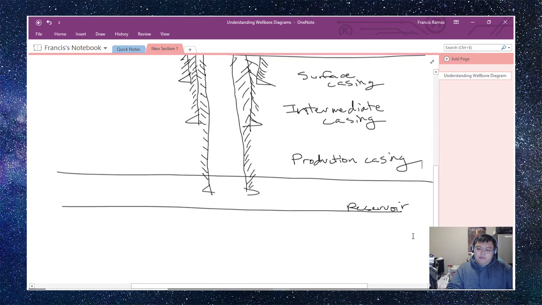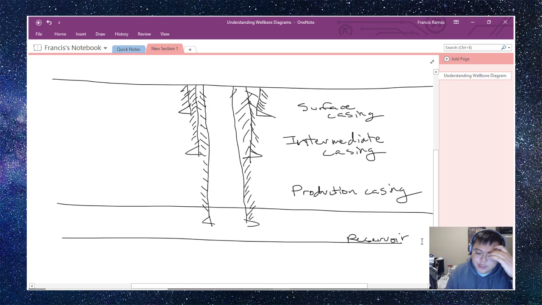Now, the production casing is the casing that reaches all the way to the reservoir. Sometimes it goes all the way up to the surface. Sometimes it will just hang off of here. You call that a liner. And I'm actually learning about liners right now in one of my classes. But yeah, production casing goes all the way down to the reservoir, and this creates